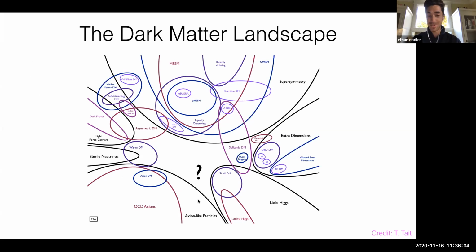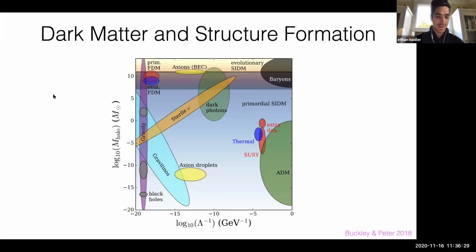And of course, we have no idea what dark matter is, right? There are many dark matter candidates, each of which has its own unique physics associated with it. I find this kind of daunting at first glance. Obviously, there are many microphysical possibilities for what the dark matter particle can be, and it's difficult to build a dedicated experiment to search for each of these types of physics. But from a cosmological perspective, I think there's actually a nice organizing principle that allows us to differentiate dark matter models.